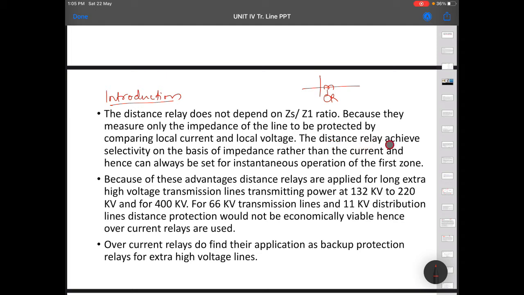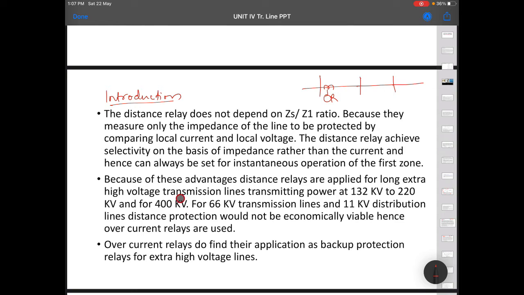So the distance relay achieves selectivity on the basis of impedance rather than the current, and hence can always be set for instantaneous operation of the first zone. This is our first zone, second zone, and so on. These are actually sections. What a zone is, we will see in a coming slide.